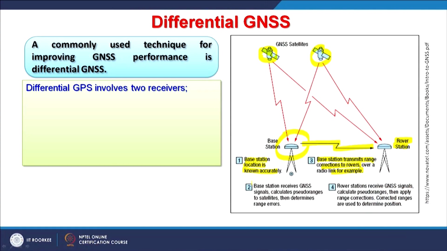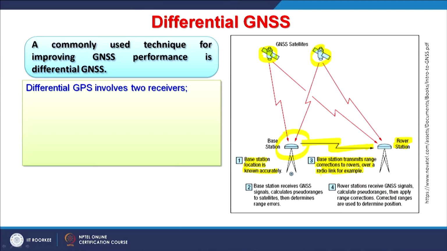The base station location is known accurately, and we assume that it is giving accurate information. The base station then transmits range corrections to rovers over a radio link, for example. Now, this is optional. It is not necessary that you have a link between the base station and the rover station as shown here. Later on, through post processing also, these corrections can be done, errors can be removed, and the position can be improved.